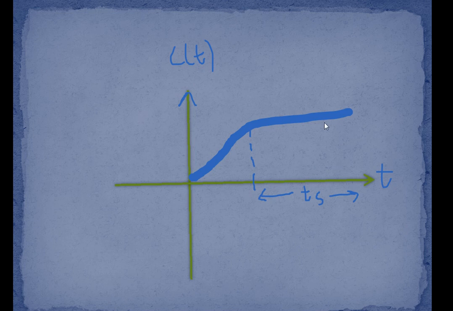But in the previous case, if you apply the impulse to the first order system, you get only the transient term. But here, whenever you apply the step signal to the system, you get the combination of the transient term and the steady state term, because up to this part the system response is changing with respect to time. After this part the system response is constant with respect to time. So this is the steady state term, this is the transient term.